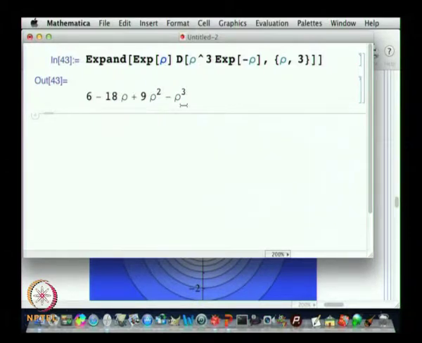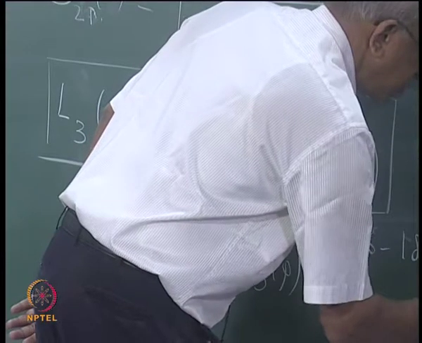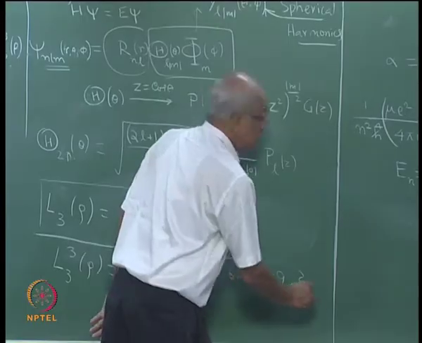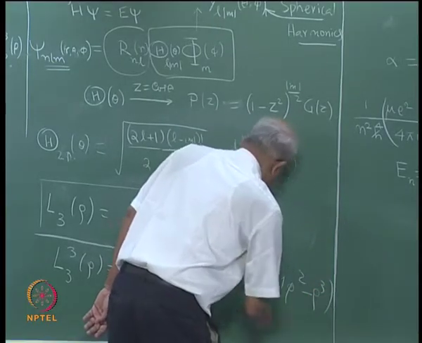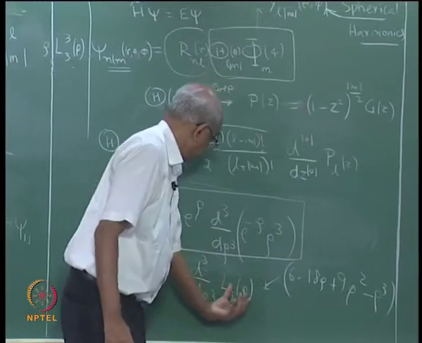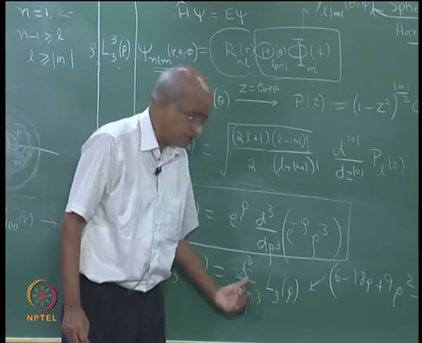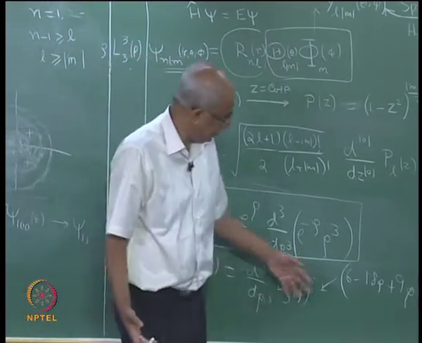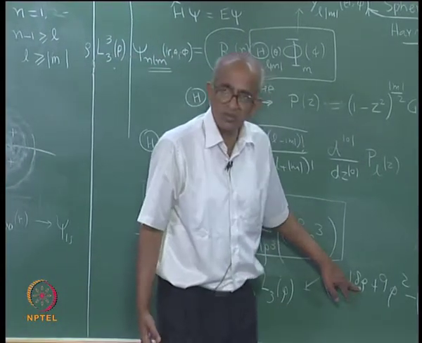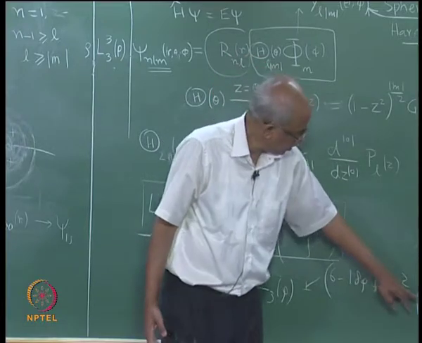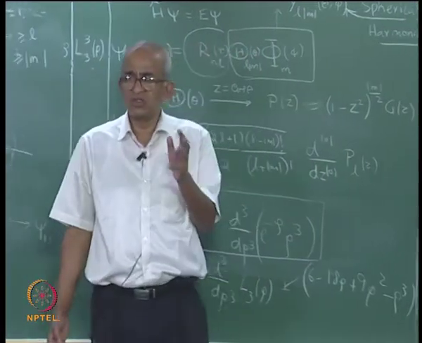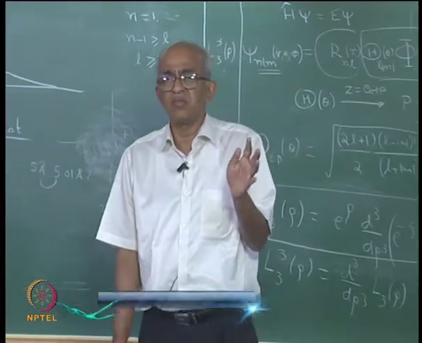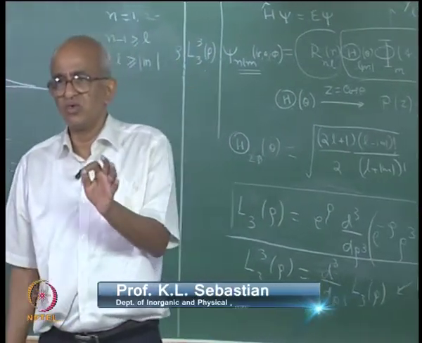So, this is actually 6 minus 18 rho plus 9 rho square minus rho cube. So, that is this object, and then you have to carry the 3 differentiations of that. When you carry 3 differentiations, you will see this is going to be 0, that is going to be 0, this also will be 0. Only this term will give you a non-zero contribution, and that is going to be minus of 3 into 2 into 1,